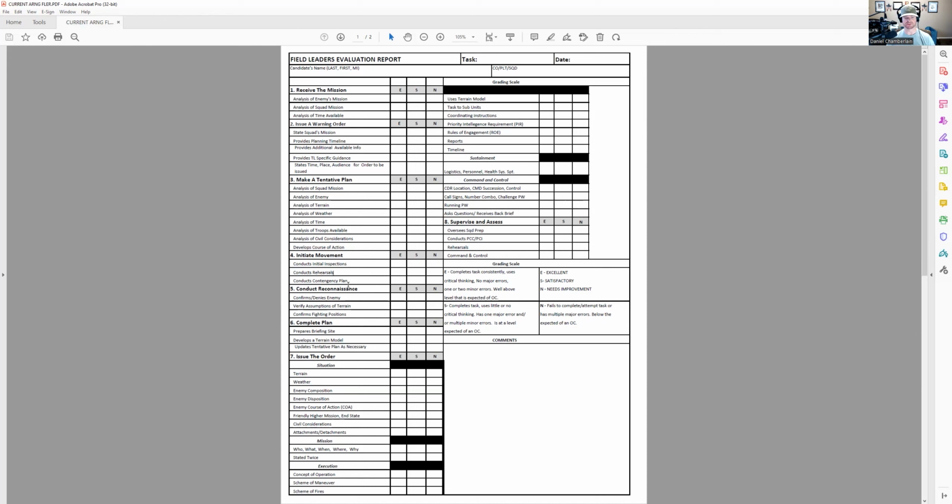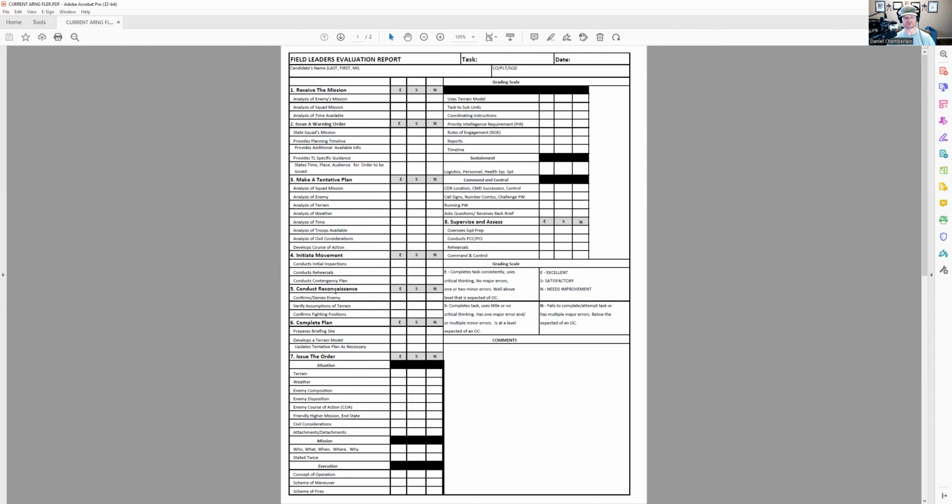And then conduct a contingency plan. Okay, so you may put out a PACE plan here. Giving the alternate to the primary and alternate all the taskings, that's a contingency plan, right? A contingency plan is just, what's plan B, right? So PACE and compass, primary is Alpha, plan A, with the alternate being Bravo, that's plan B. That's contingency, okay? So you don't have to get too extravagant on your contingency here.